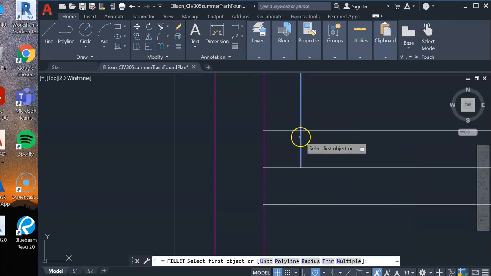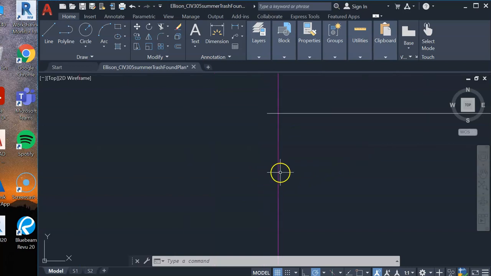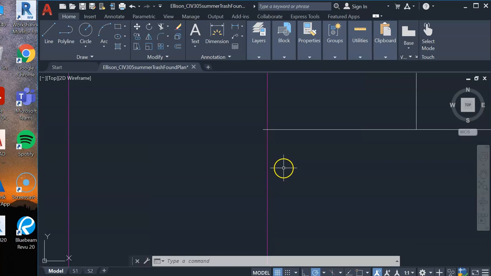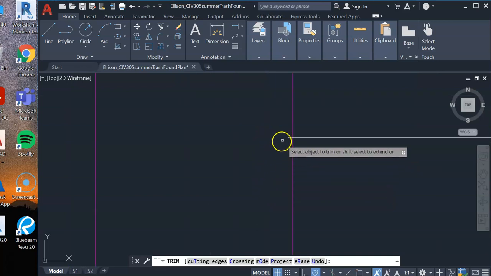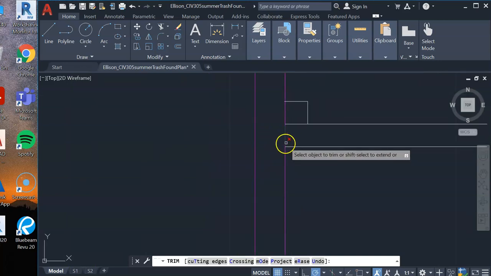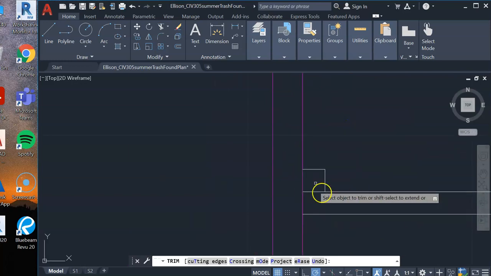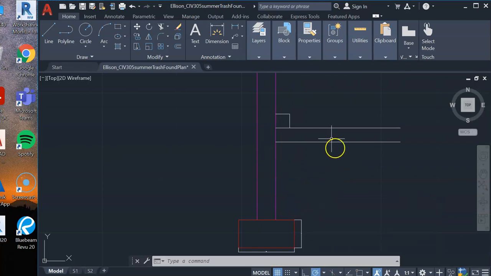So here I can use fillet. So there's my concrete curb. And I can see here I have some messiness that I need to clean up. I can use my trim command here and trim those. TR. Clean that up a little bit. There. All right. So I have my slab, I have my curb, I have my wall, I have my footing,